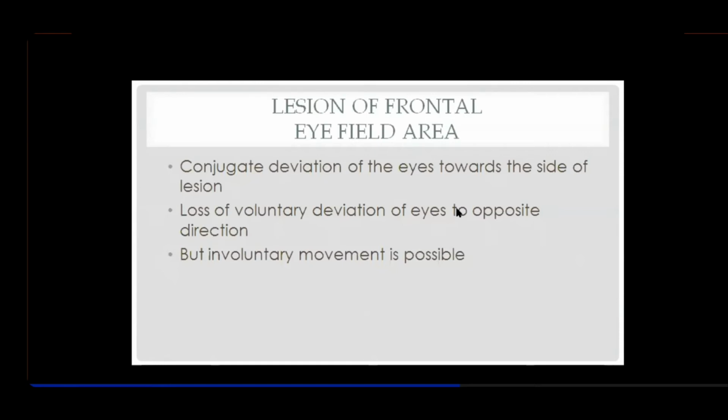But if there is a dark room, right, and somebody focuses a torch from the left side, that may be an involuntary response, and in that situation he might be able to look towards the opposite side, that is the left side, because of the stimulus of light from the left side, because it's involuntary. So what I'm telling is, involuntary movements persist even after lesion to this area, because they have their connections different from the pyramidal tracts.